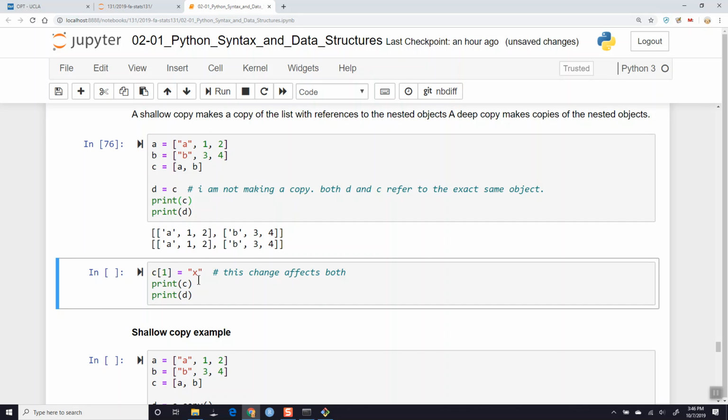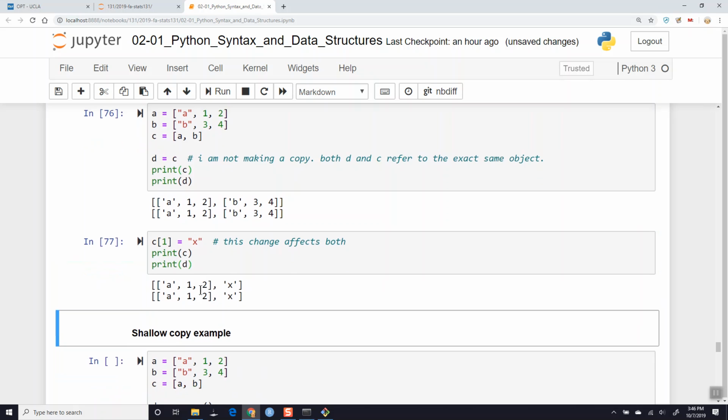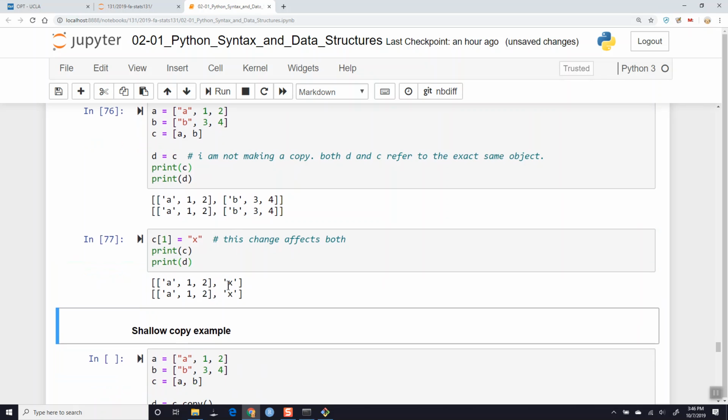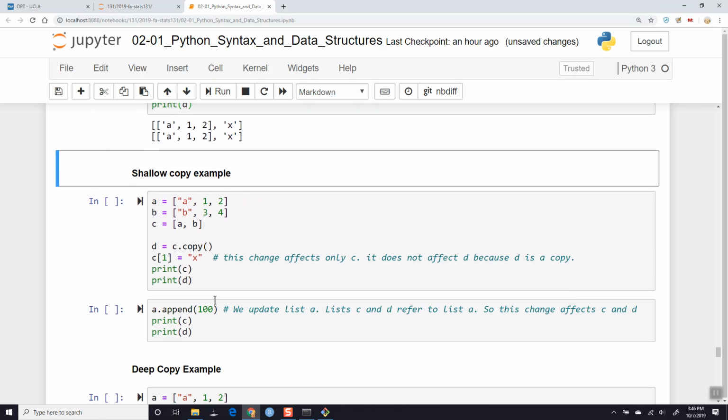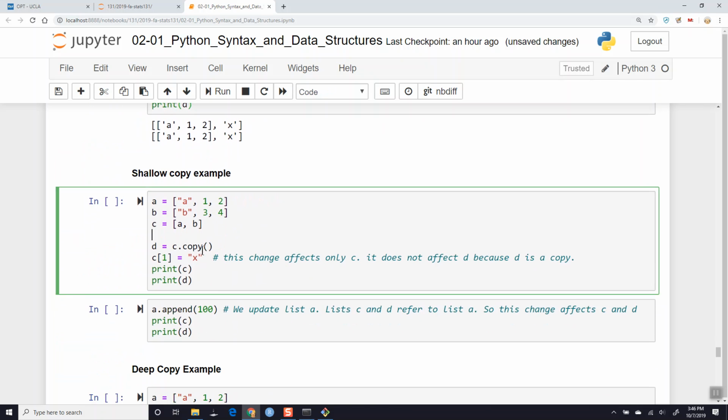And if I modify the first object in C, or not the first, the index 1 object in C to X, that's this thing, it's going to affect both lists, right? So the index 1 object gets changed to X, and we get this. All right. Here, I can do copy, and this creates a shallow copy. So here I've got A, B, and then C again, and D is going to be a copy of C,